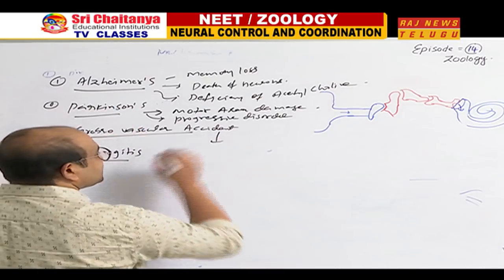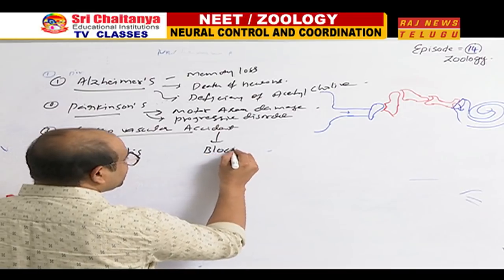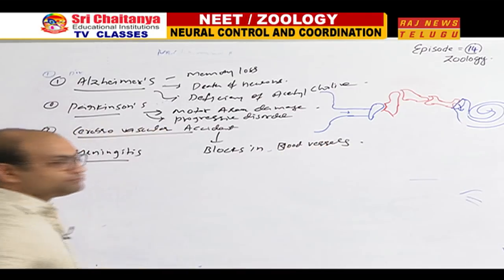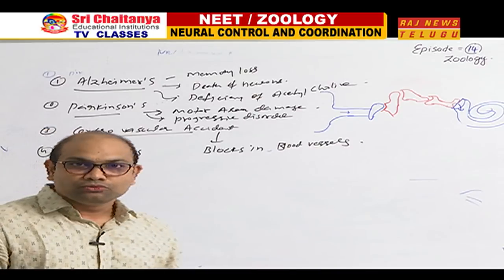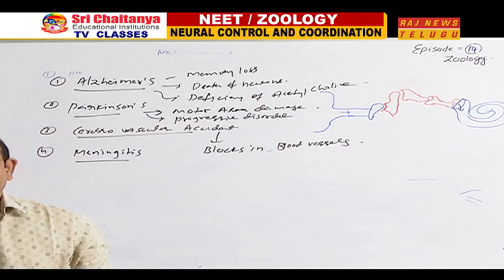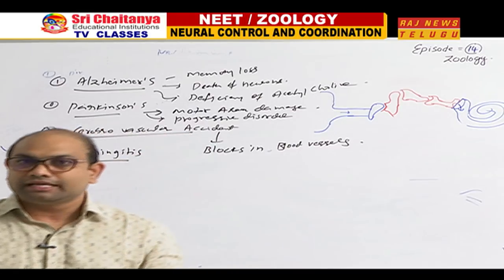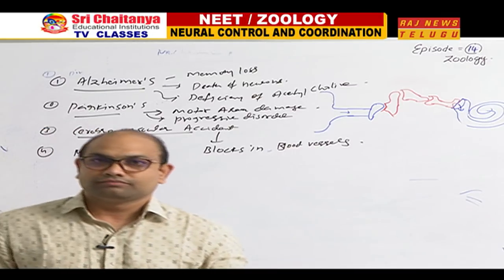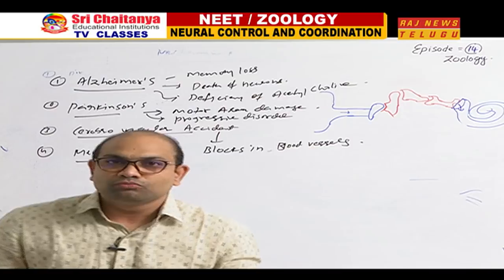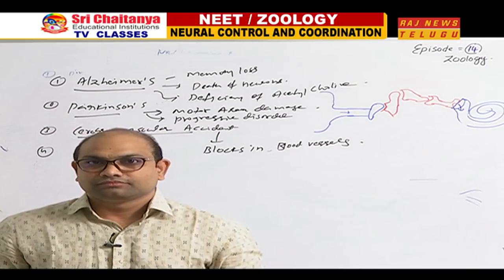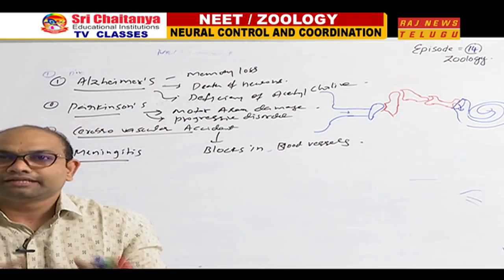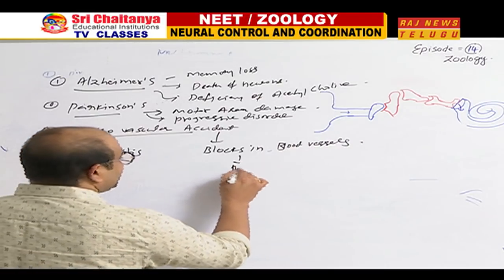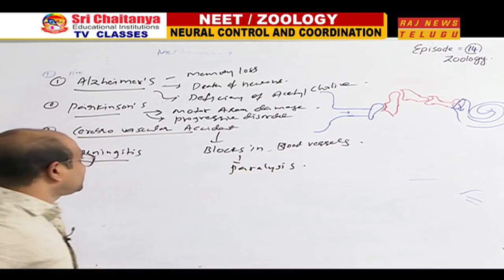Next, cerebrovascular attack. This is important. This is caused due to blocks in the blood vessels that supply blood to the brain. When blocks are there, that will lead to less oxygenated blood supply, which is called ischemia. That ischemia leads to the death of many neurons there. Thereby that particular part of the brain will not work. Hence, what will result? People are unable to move some body parts on one side. People are unable to understand and speak, especially on one side of the body, which is nothing but paralysis. So, blocks will lead to paralysis due to cerebrovascular accident.